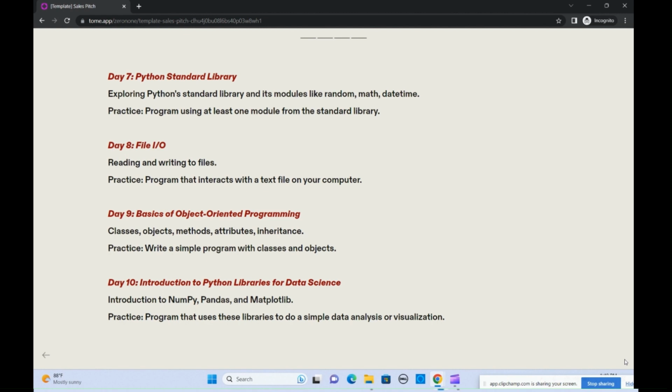After completing day 10, you will be able to create more than basic applications, and it will be the roadmap for you. To be an expert, you have to expand a little bit more, but let's complete this day 10 Python challenge, and then we'll move forward to AI and machine learning in the other videos after completing the day 10 course.